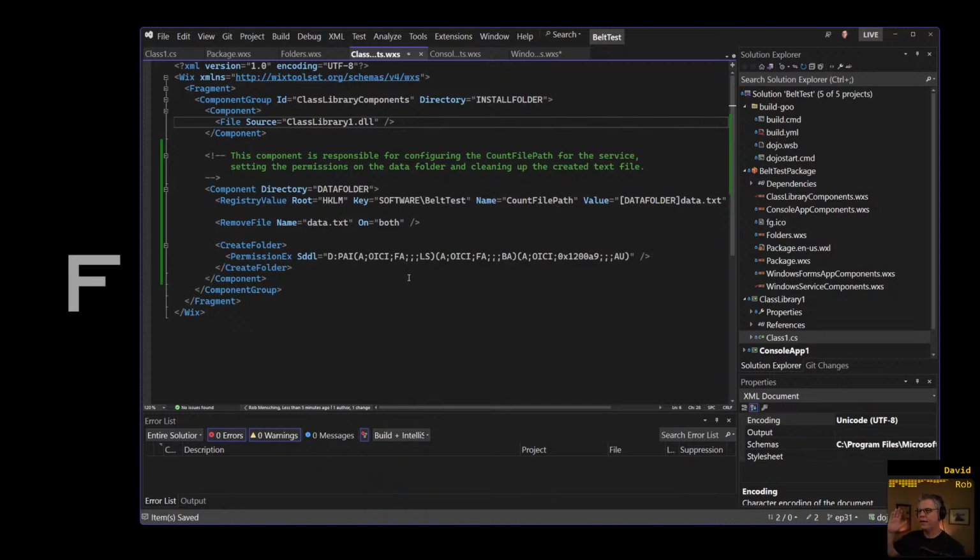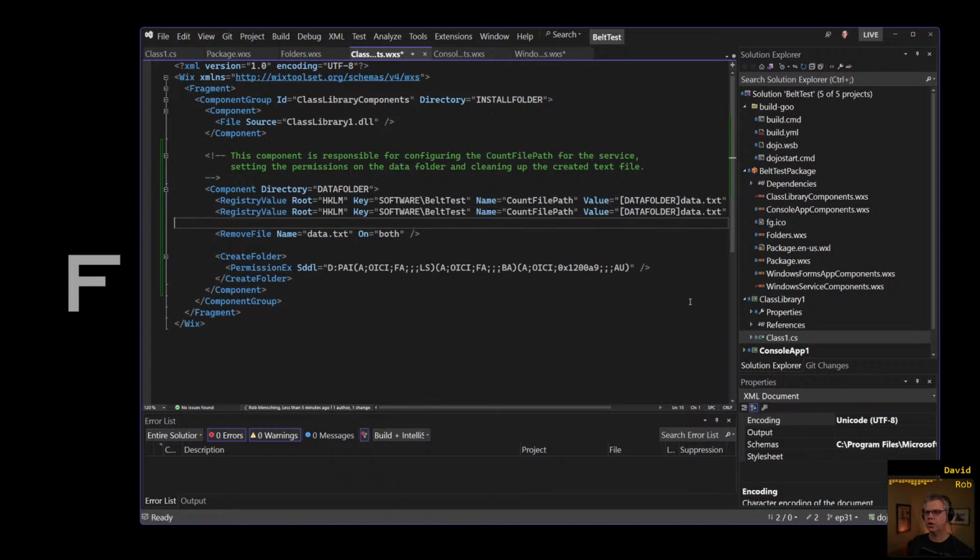Now, what did I say? I said we need to remember the data folder value, right? Okay, wouldn't it be nice if we could just remember the data folder value separate from the name of the file that we want to customize it? That would be helpful, right? So it'd be a little cleaner. We wouldn't have to take this file name off the end of it.